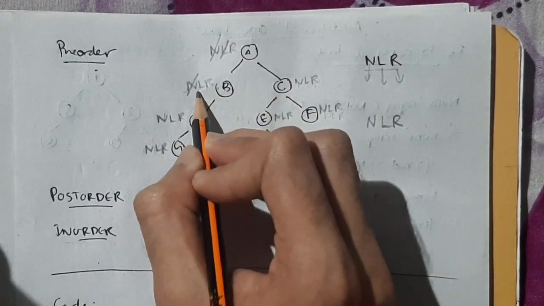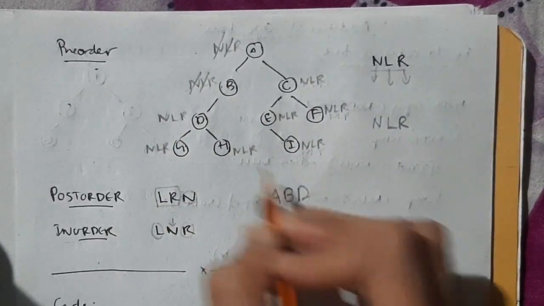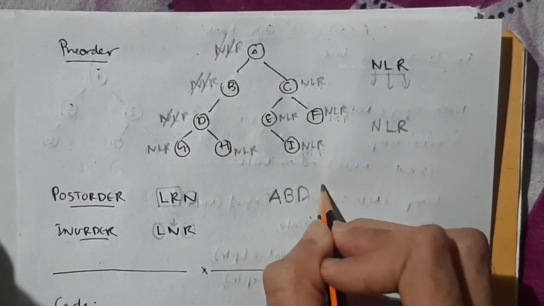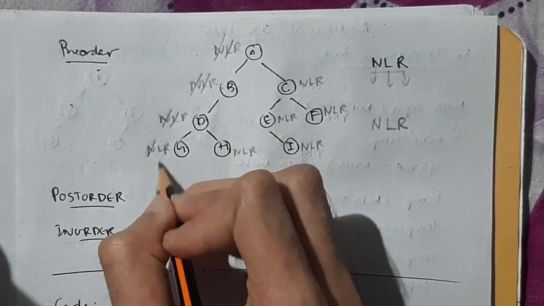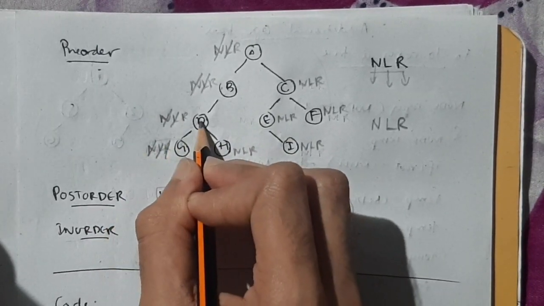Then again L is there, right? Go to L. Okay, when you go to L, again you will have D. Similarly do like that, and again you will go to L, and when you come here it will be again G, N. L is not there, so L will be cut. R is also not there, R will be cut. So when this gets over, it gets back to where it came from.